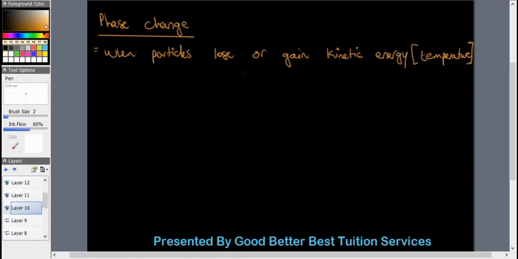kinetic energy. So if temperature decreases, the phase change will go from a phase that has higher kinetic energy, where particles are moving around freely or have more space to move, to a phase where the particles are tightly compact and don't have as much space. And if you heat the same object up to change it from a phase of low kinetic energy to higher kinetic energy by increasing temperature, the particles will start to break free and have more space to roam around,